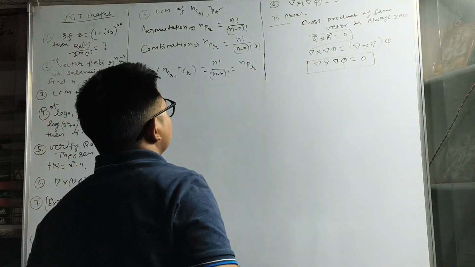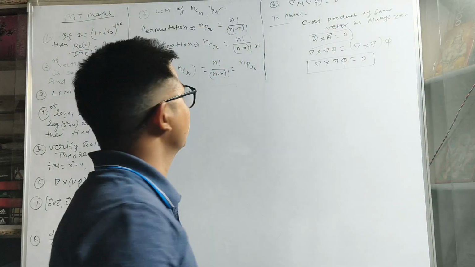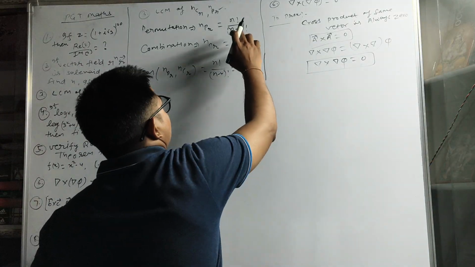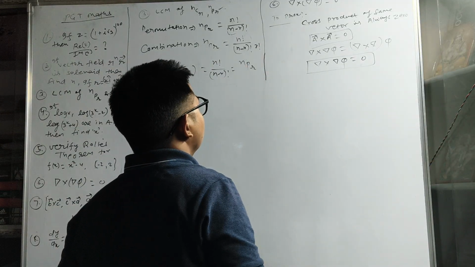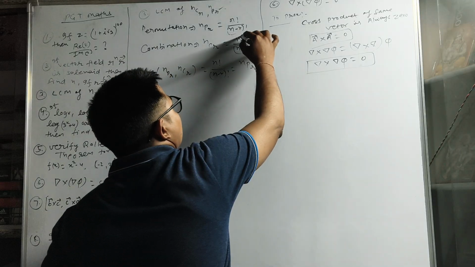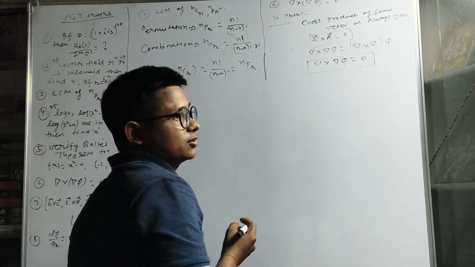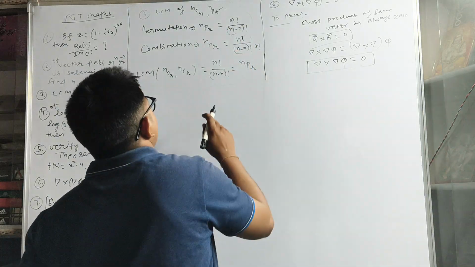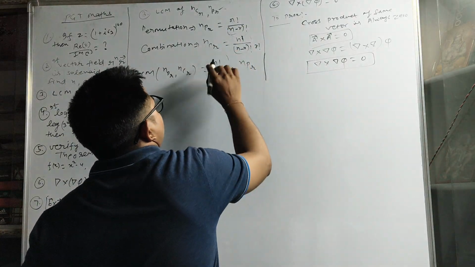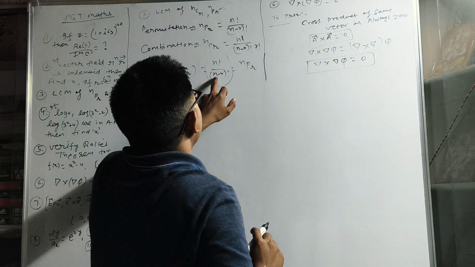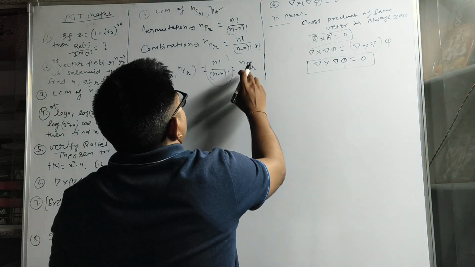So nPr is the formula of permutation and nCr is the formula of combination. nPr is written as factorial n upon factorial n minus r, and nCr is factorial n upon factorial n minus r into factorial r, an additional factorial r is present here. So if you observe these two terms, this term is common. So the LCM of these two coefficients is factorial n upon factorial n minus r,